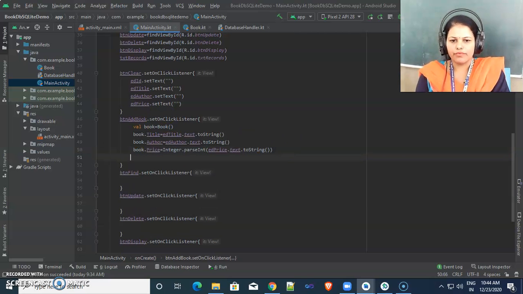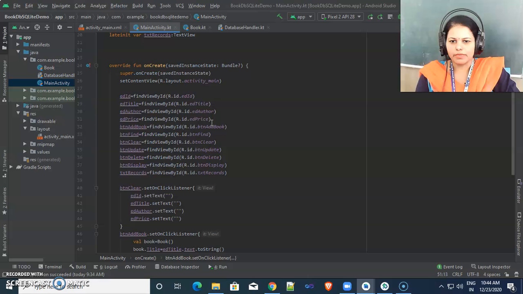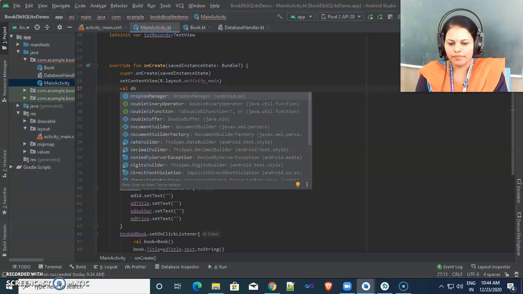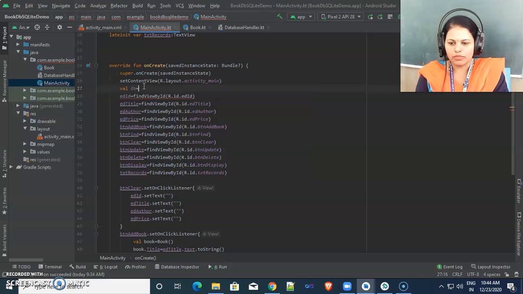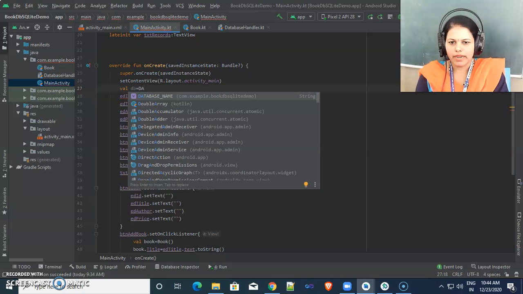Now we need to add this book inside our database. So we are creating one db object here, val db is equal to database handler.